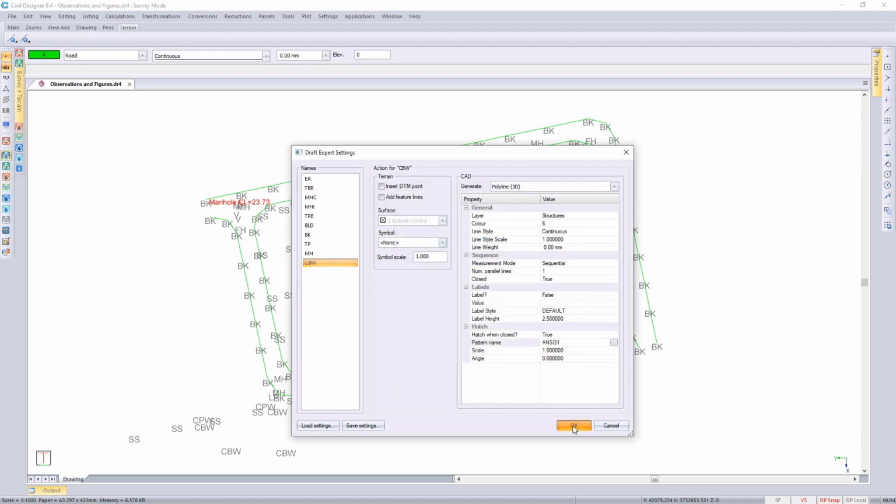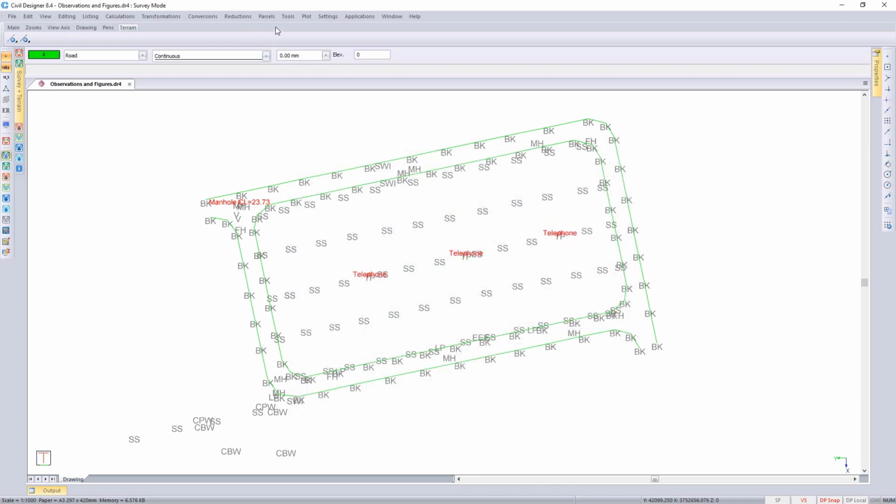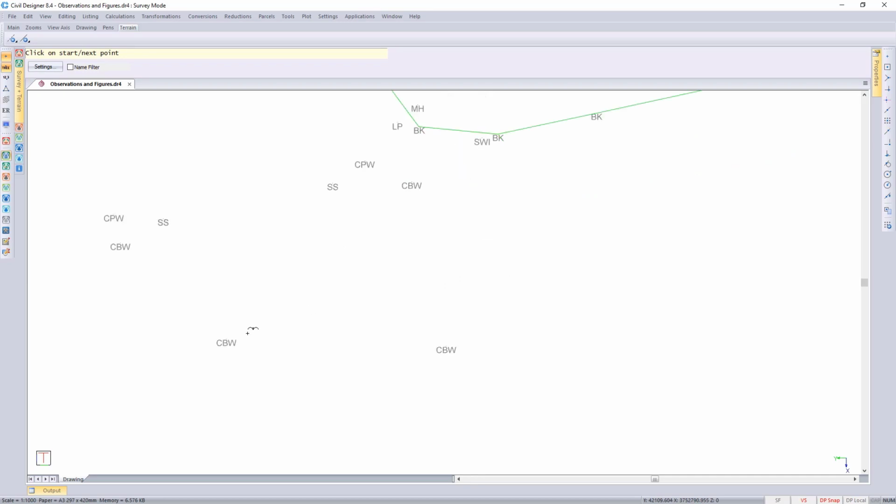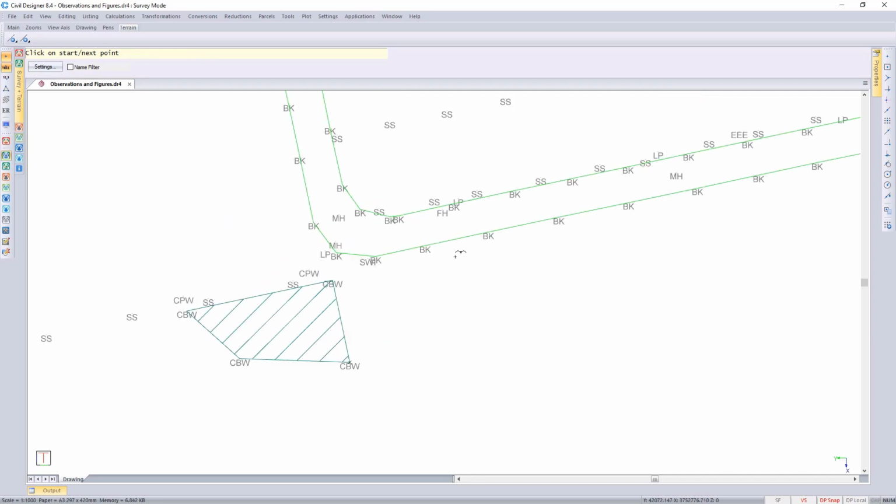Okay, so going back to my draft expert to the point-to-point method and just zooming in down at the bottom here, we've got this concrete block wall. And you'll see when I've joined up these points and I right click and finish, Civil Designer automatically will do the hatching for you. Okay, then just going to the settings, the draft expert settings here on the command line,